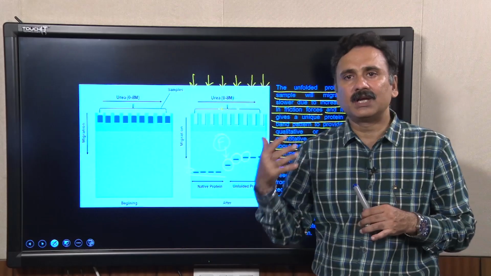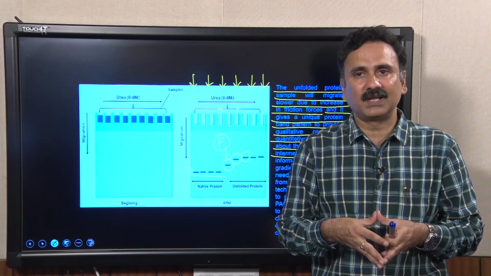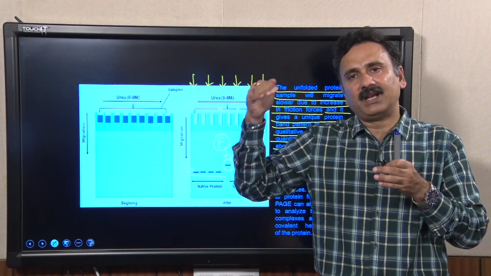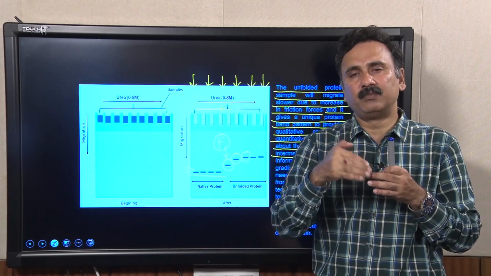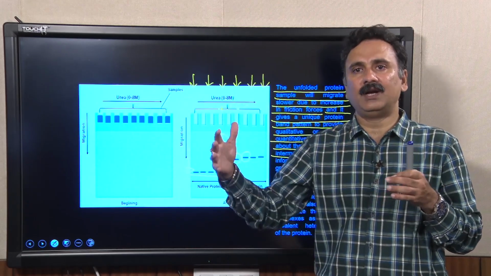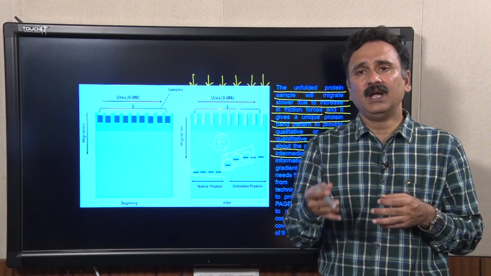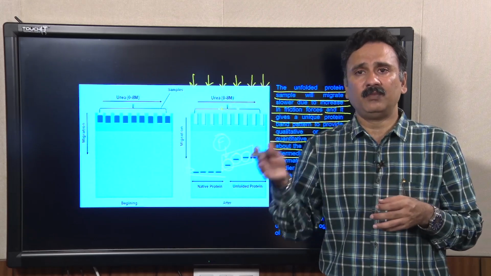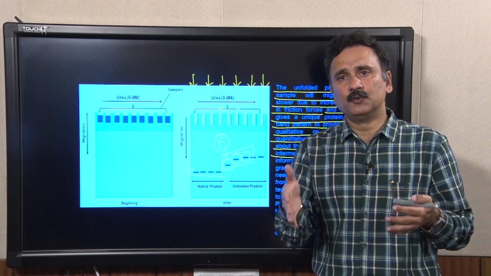Because of that it is going to oppose the migration within the acrylamide gel, and as a result its migration is going to be slower and slower, and that slowing is proportional to the increase in hydrodynamic volume. That can be mapped to draw semi quantitative as well as qualitative information about when the protein is going to be unfolded, when the protein is going to be denatured, and when the protein is stable. So, that information can be used to